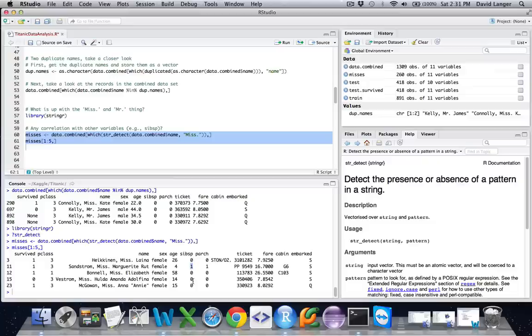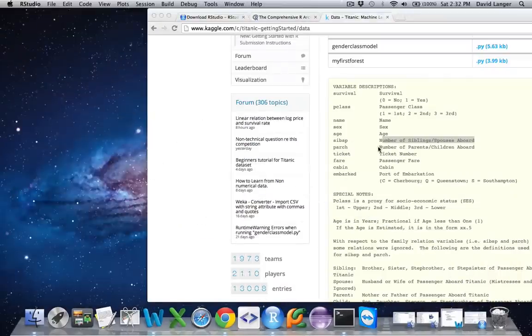So I think it's probably a safe assumption to say that a 4-year-old girl is not married. So that probably indicates that she is traveling with one sibling and not one spouse. And you notice the rest of these are 0. And then also we have the parch here. So if we go back to parch, you could probably guess what that means, and that's the number of parents or children on board.